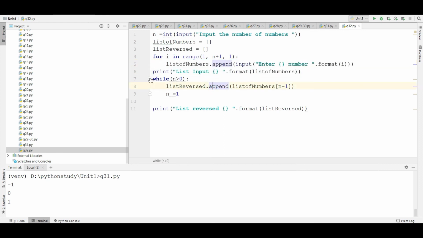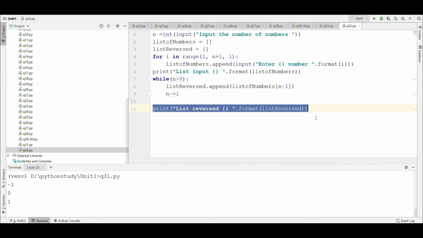Now I have run a while loop in reverse order. That is, we traverse the list that we have formed after the input in reversed fashion, from back to front. We just take each element and append it to the reverse list, and by doing so ultimately our entire list would be reversed. So without using any inbuilt functions, we have reversed the entire list.